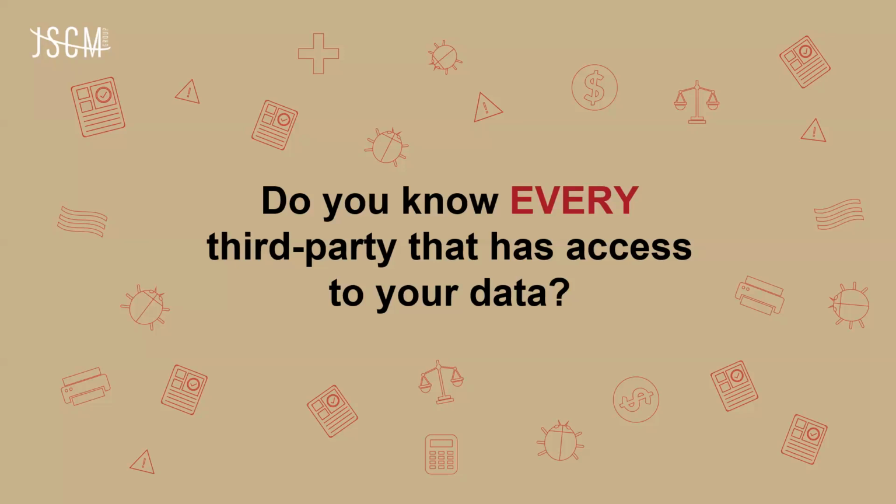So, are we making sure that we're doing the things to protect it? And where we have to start is really asking ourselves, do we know every third party that has access to that data? Now, that access can come in a couple of different forms. We could think about that as direct access into our environment. So, do we have third parties that have VPN access in? But we also need to think about this from the perspective of other places that that data could reside.